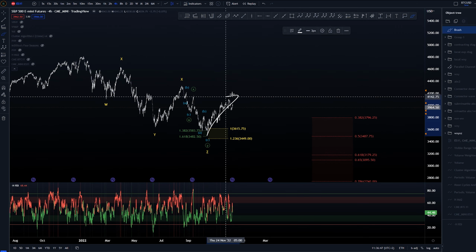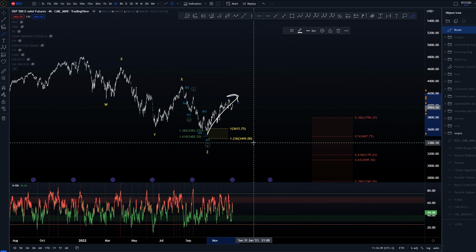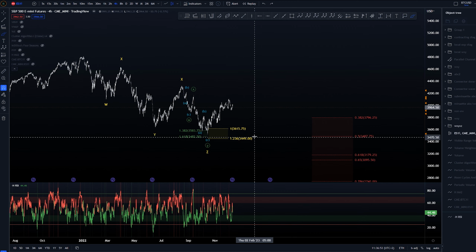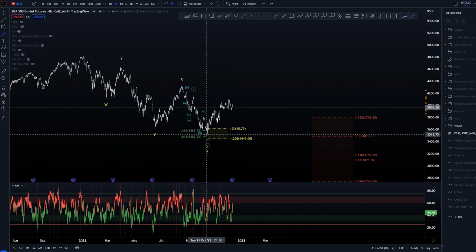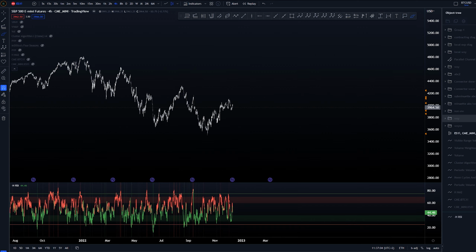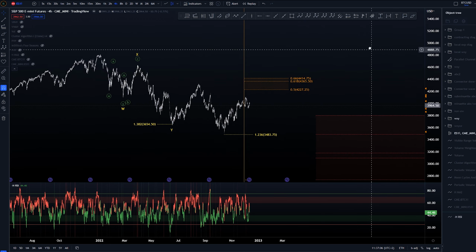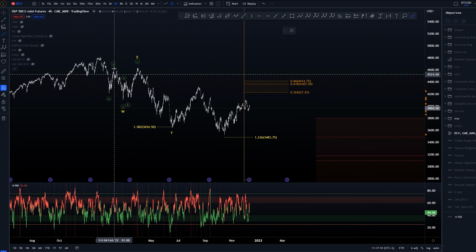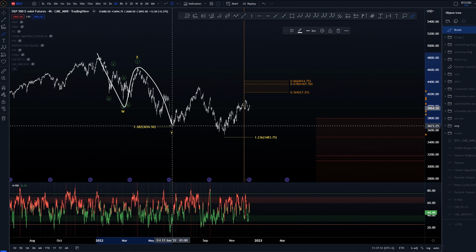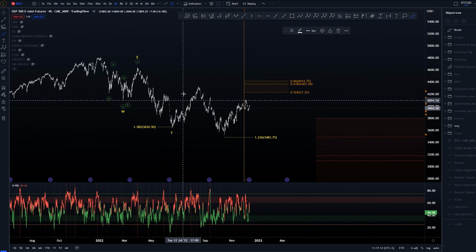Then we would be looking for more of a bullish structure from these lows upwards, and that is definitely possible. We have a count that is saying that we have some kind of leading diagonal from these lows. We'll take a look at those smaller time frames later on. Then we had this WXY count, where we have been pondering two different ideas. Overall, the idea has been that we have a three-wave structure here into this low here.